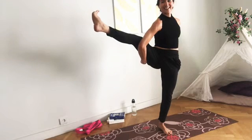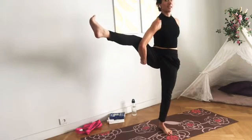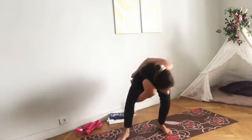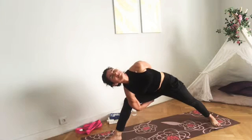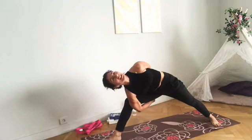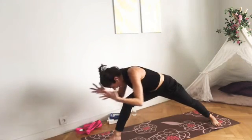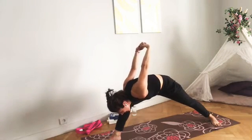Stay with me. Stay with me. Breathe. Oh, my left leg is actually shaking today for some reason. There you go. Bend it again. And we're going all the way back as we came with that wrap. Breathe. Breathe. There we go. And again, as we came. Very nice. We're going to do all the movements as we came. And at the end,